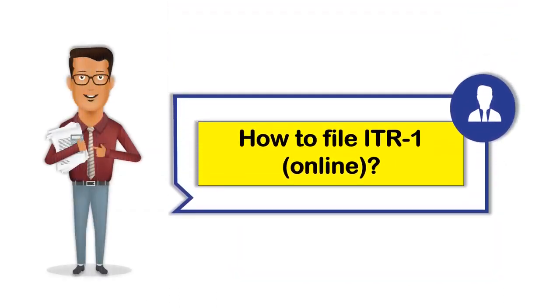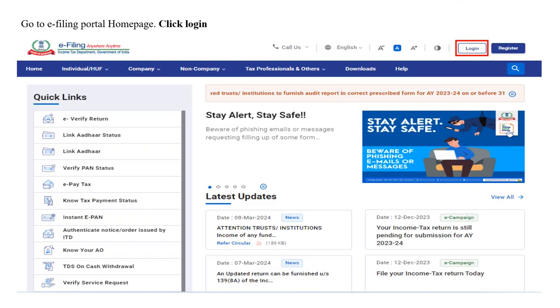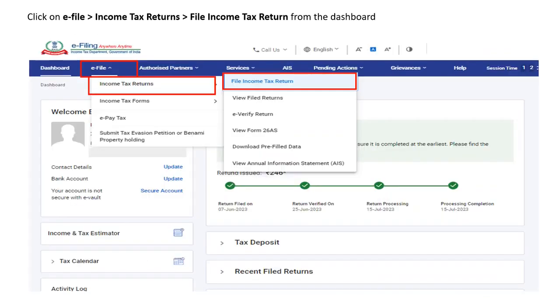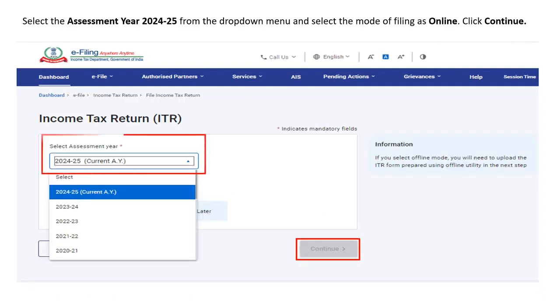Let us now see step-by-step process of filing Form ITR 1 in the online mode on the e-filing portal. So you are required to go to the e-filing portal homepage and click on Login. On the login screen, you are required to enter your username and password. Post login, click on e-file, go to Income Tax Returns and then click on File Income Tax Return. Select the assessment year 24-25 from the drop-down menu and select the mode of filing as online and then click